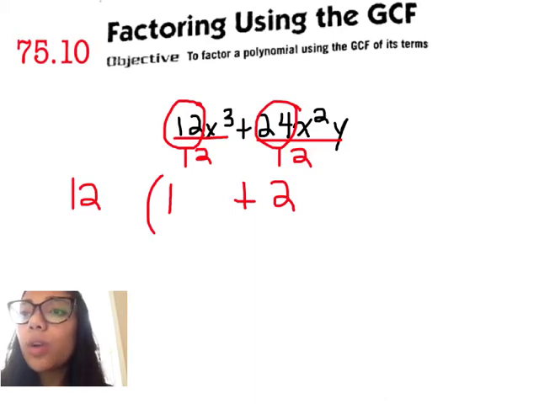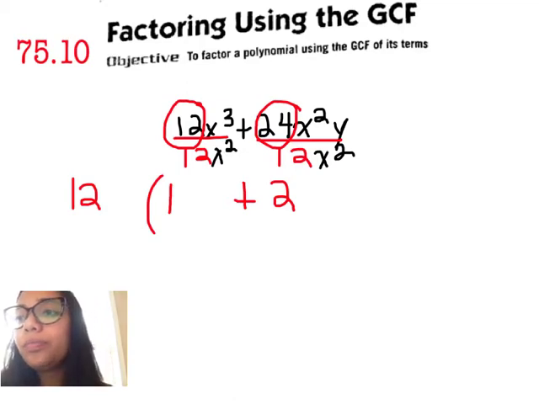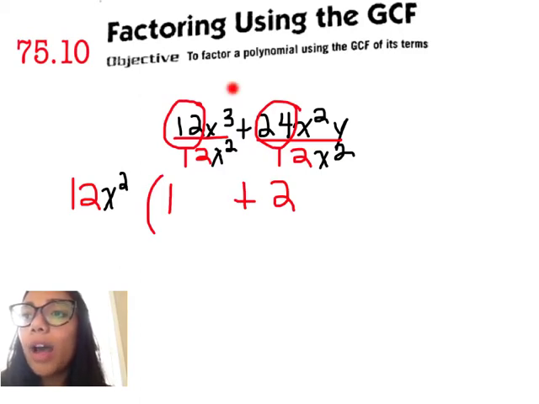If you said x squared, you're right. So I'm going to go ahead and put x squared. When I do that, my x squared comes out. So I have x squared, and x cubed divided by x squared is just 1x,